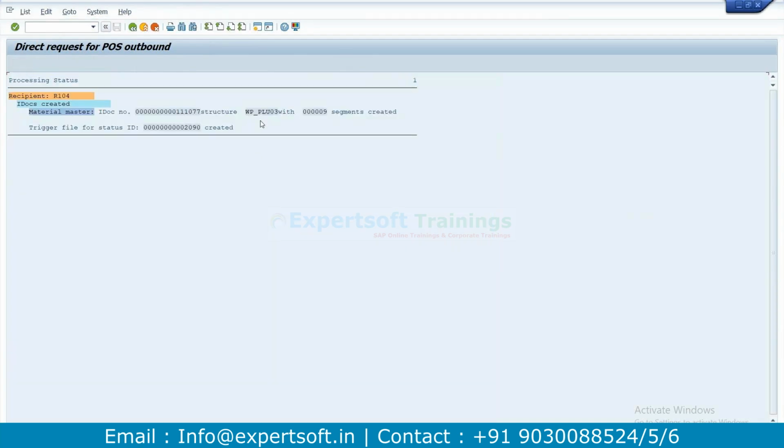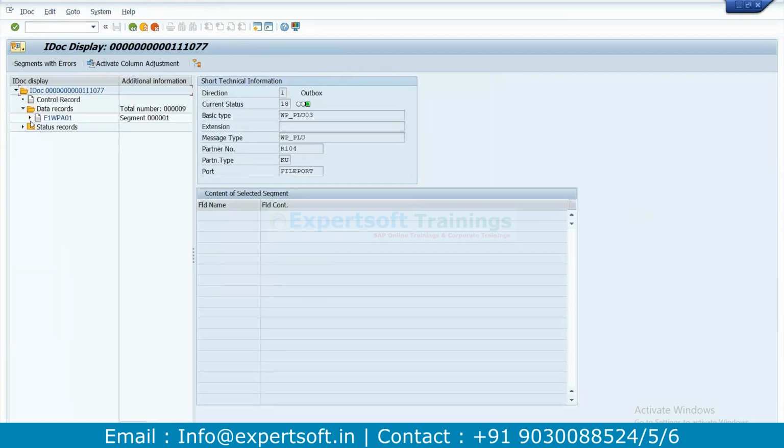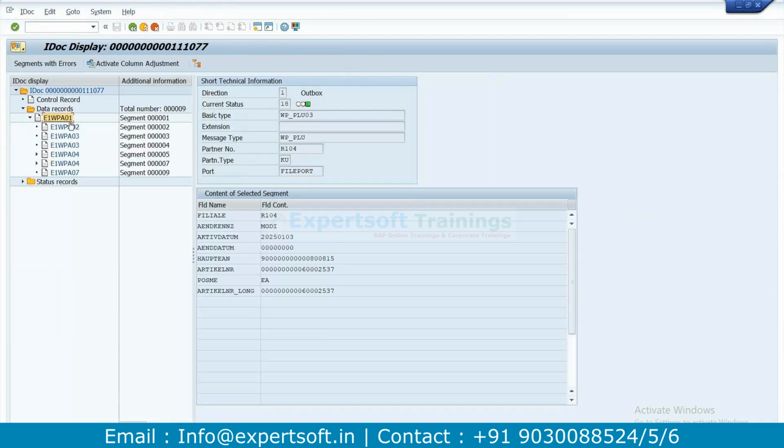Okay, so it creates an IDOC, WP_PLU, and if we look into the IDOC, it will have all the information. From a retail consultant perspective, we will generate the IDOC, which will have the store code and the EAN code. Now, if the article does not have the EAN code, then the IDOC will not get generated. As simple as that. Meaning you cannot send the article data and its associated information to the point of